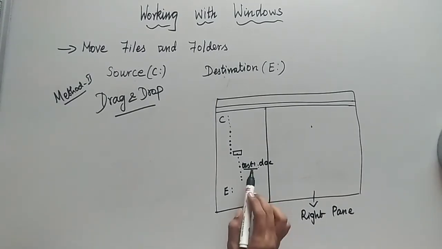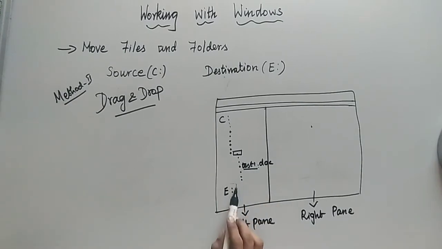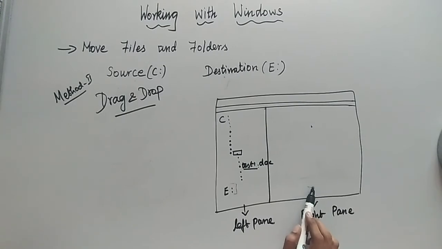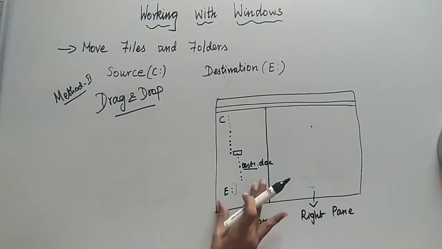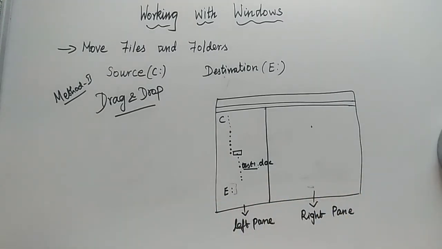After selecting this, you have already selected this E colon. So only the folders or files that are related to the E colon will be displayed in the right pane for you. Then it will be easy for you to select from the left pane, and drag and drop it to the right pane. So, clear with the way how to perform drag and drop? This is your second method of how to move files and folders.